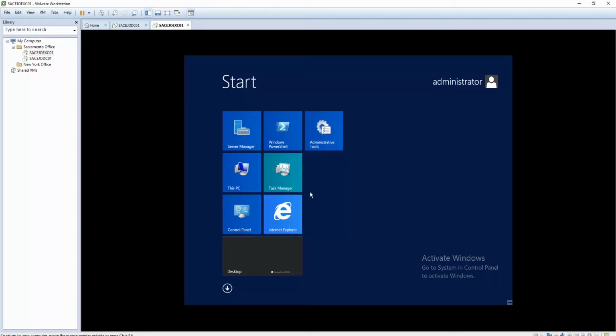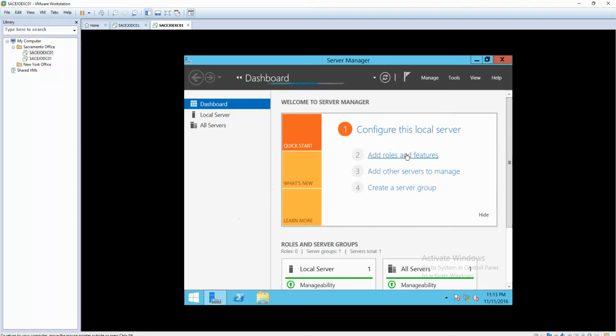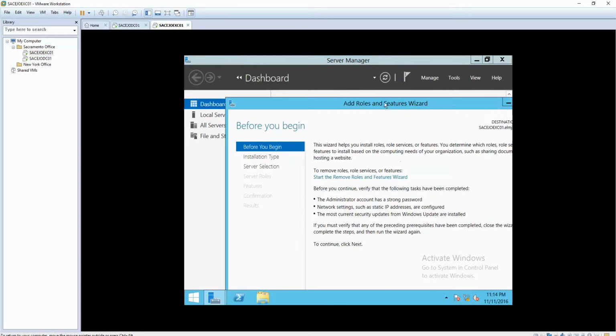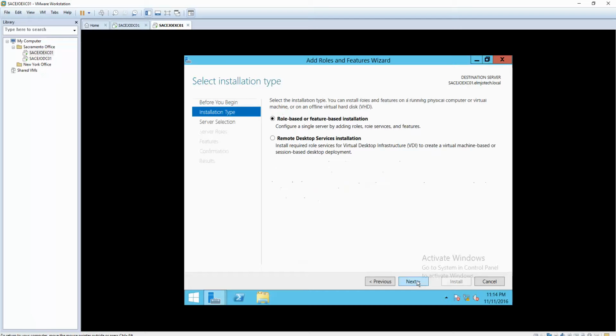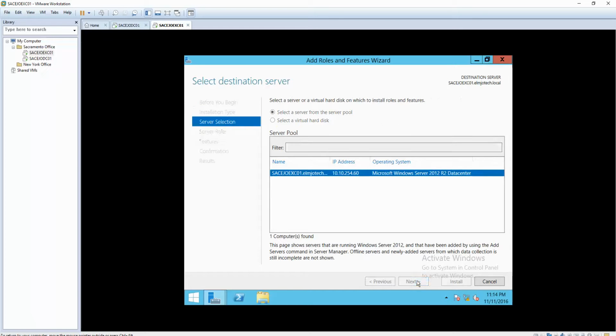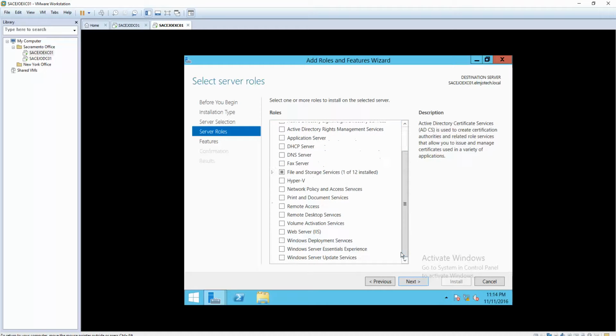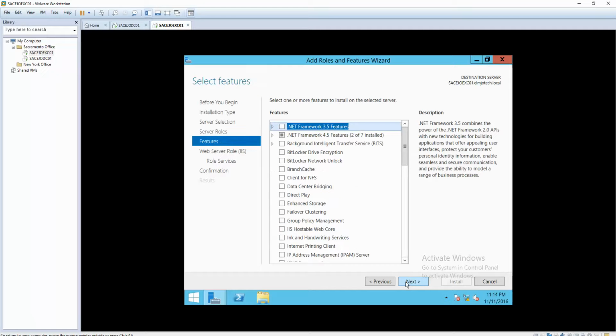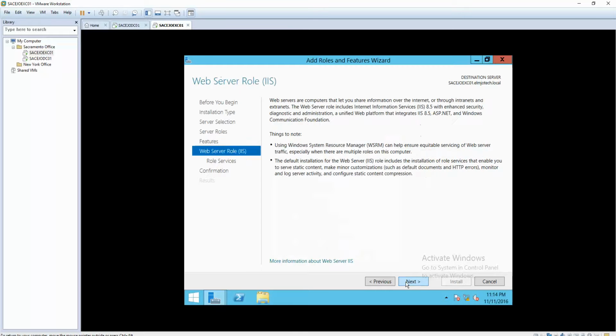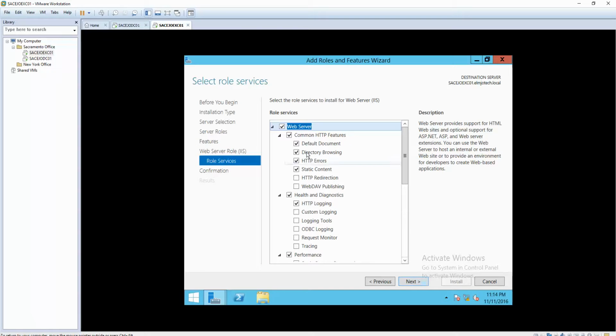So the first prerequisite is IIS, and in order to install IIS you can go to Server Manager and click on Add Remove Roles. Next, it is going to be role based, and that is the server where we will be installing our IIS. I'll select Add Features. Next, I don't have to do anything with the features right now, because I'm installing a role. Press Next,